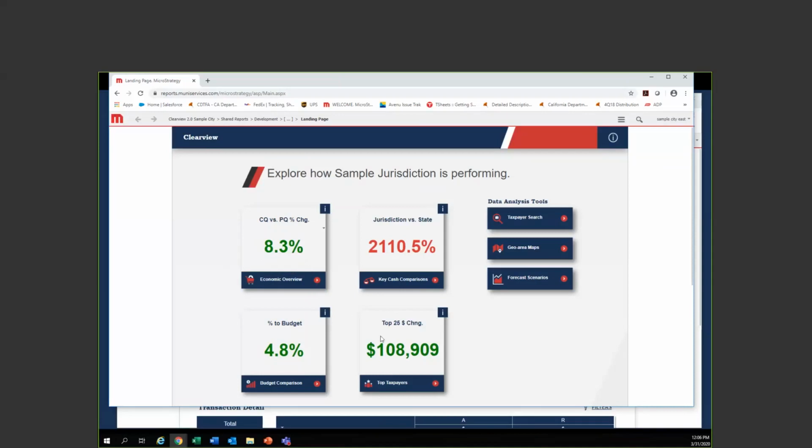If you go diagonal here to the top 25, you'll notice here that $108,009.09 is generated by your top 25 sales tax generators. Looking at this box here, you'll see it's a jurisdiction versus the state. For clarification for many of our clients, it is what we call avenue state. So it is the data for those clients that we receive data for. So we call it avenue state rather than the state of Texas. And